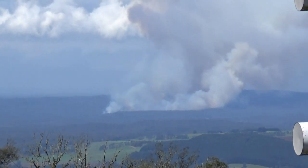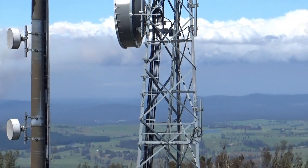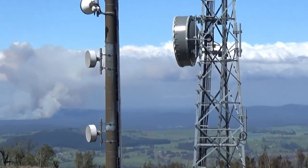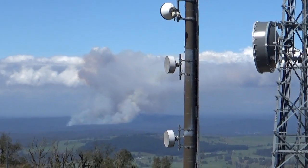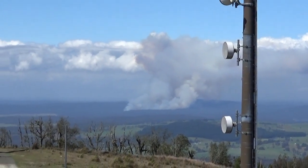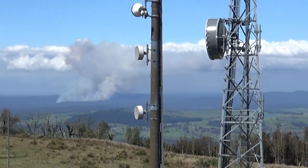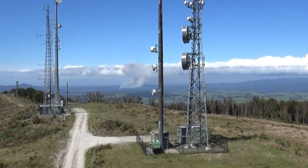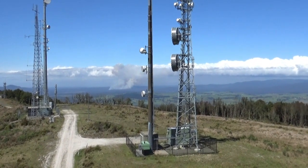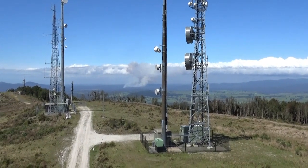But the eerie part is the front that had all the lightning in it went out to the Tasman Sea, and that was at about 9:30 this morning. We had all the lightning strikes at 9:15. That's actually now coming back from the Tasman Sea, coming back inland. So the wind over there is changing. The front's coming back in, so it could get real messy if we get more lightning strikes, but hopefully we don't,